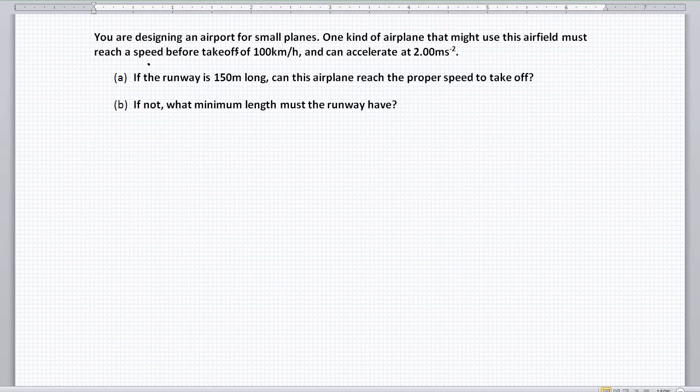All right, so we've got a speed before takeoff of 100 kilometers per hour, and it can accelerate at 2 meters per second squared. What does speed before takeoff mean? What velocity is that? It stops first, then revs up the engines, and then it goes down the runway picking up speed, right? So what is 100 kilometers per hour in this case? It's the final velocity, right? So we have V equals 100